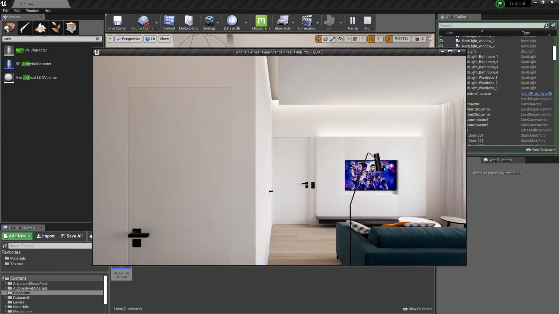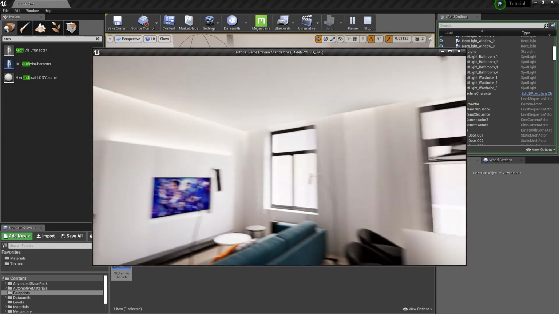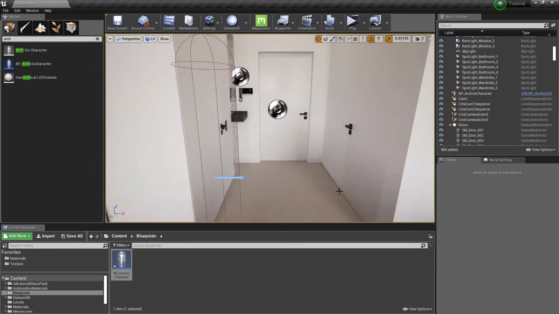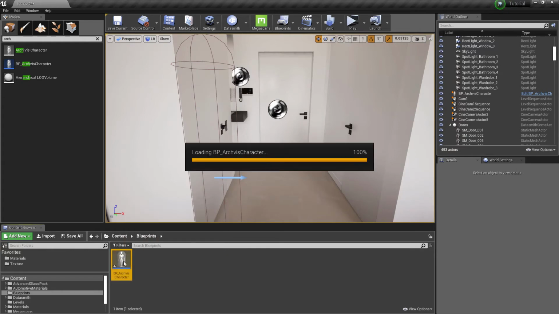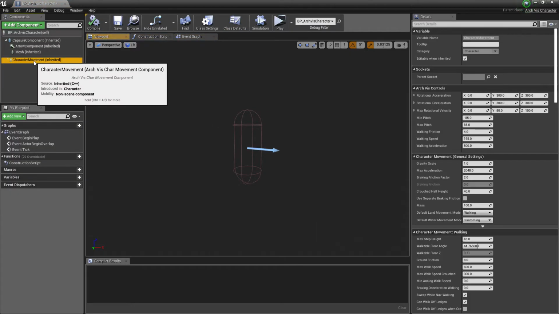Let's hit play and check. It is still low. Let's open the blueprint and select character movement.